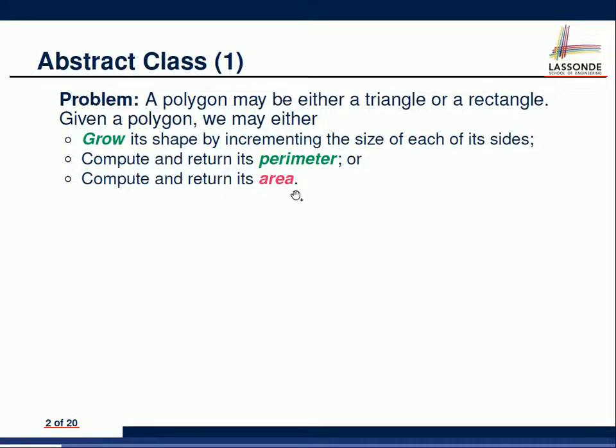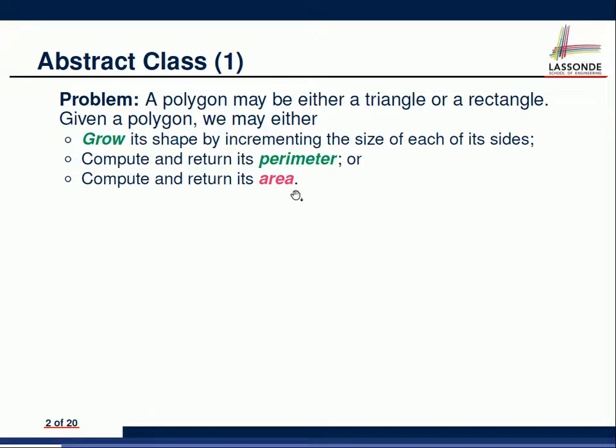Okay, so now here's a question for you. Given that we have learned about inheritance, it wouldn't be so surprising if you simply come up with a superclass called Polygon, and then two subclasses. One is called Rectangle, the other one is called Triangle. Okay, let me discuss this a little bit with you, and then we go into the actual solution